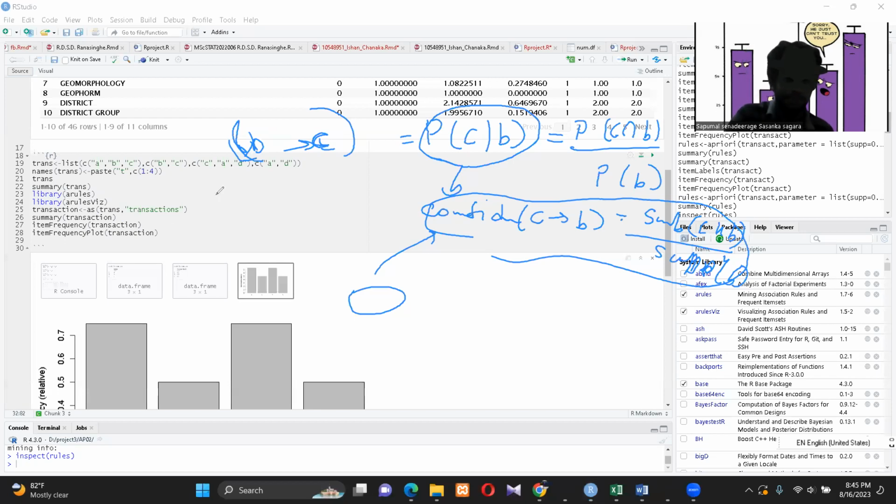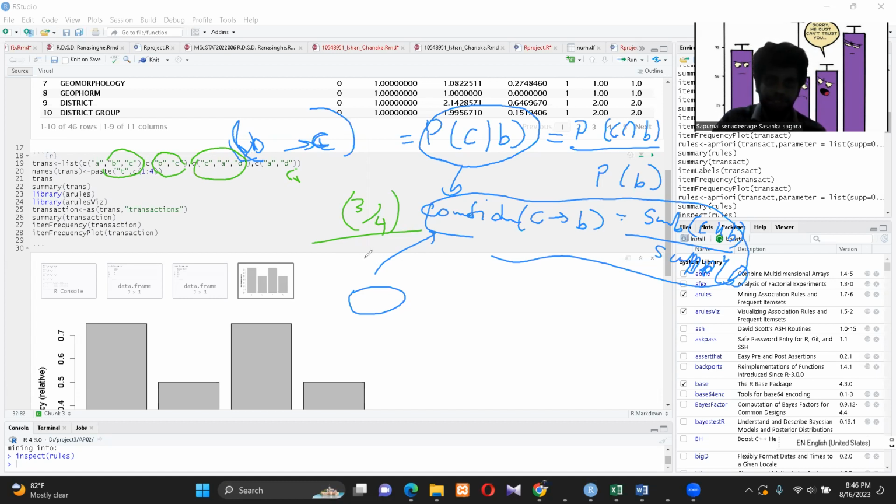You can see it's here, in this basket. Now we can see 3/4 is the intersection. The probability of C intersection B, or support of C and B, is 3/4